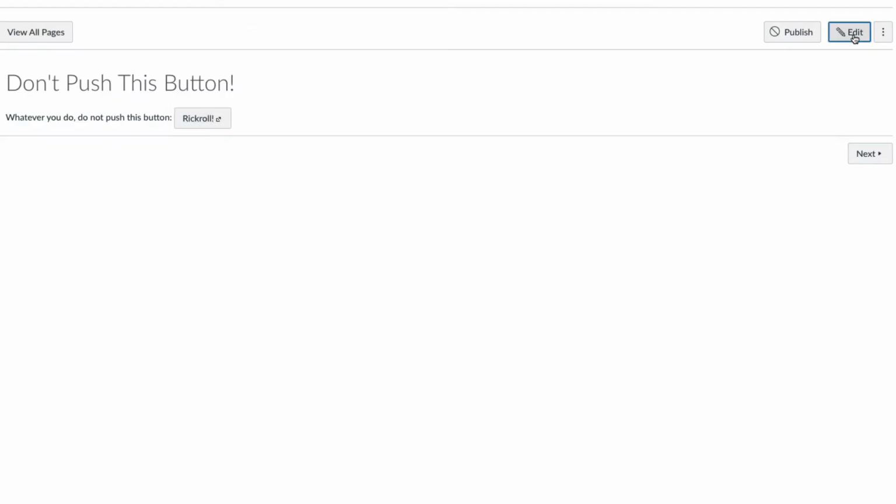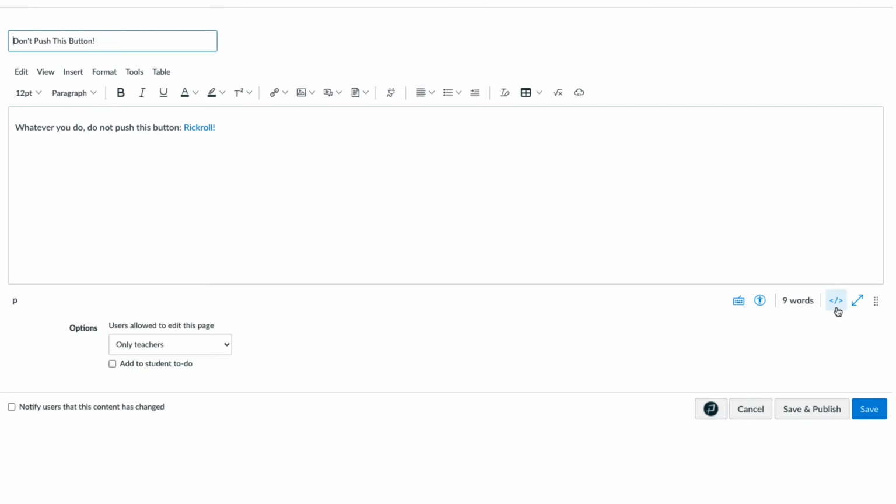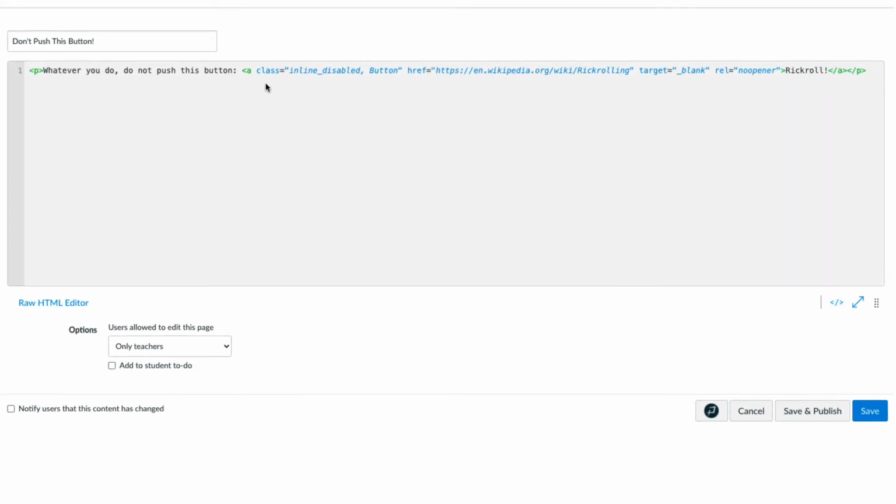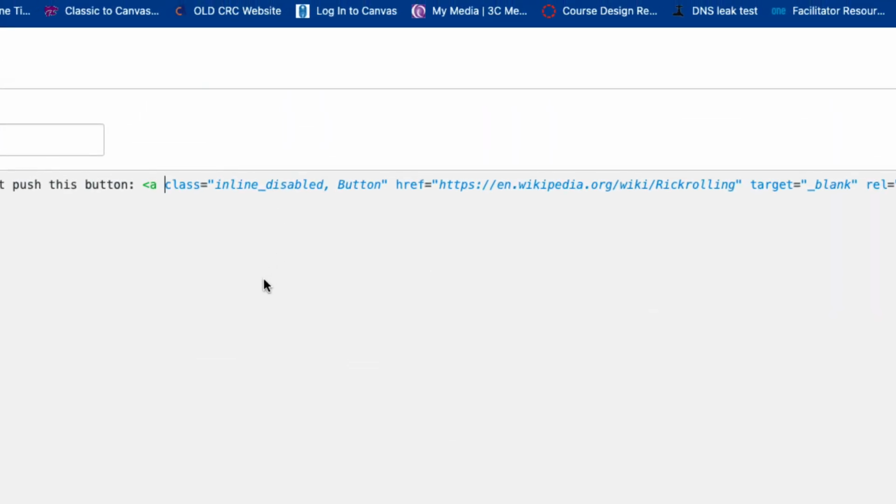Again, I go back into Edit View, select the Code View, and in this case I'm going to change the hyperlink element, that A tag, by adding an attribute that is the style attribute. So I have the attribute separated by spaces on either side. Also for the attribute, I'm going to enclose its values in double quotation marks and precede those with an equal sign. So style equals double quotation marks. There are two things that I want to change about the button. I want to change the color in the background, and I also want to change the color of the text.